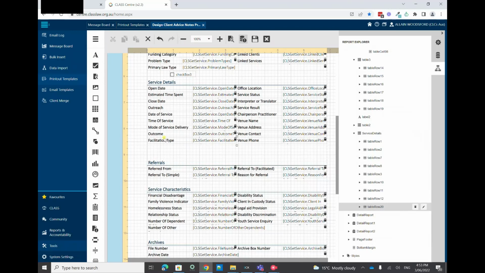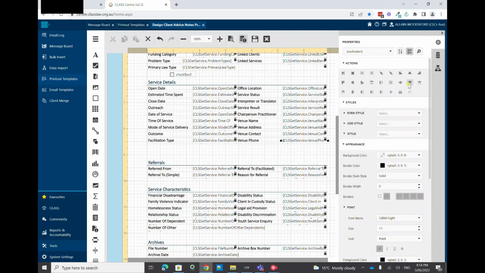Okay, but let's say I wanted to keep the facilitation type, but I didn't much care for the venue phone or this part here. So what I can do is left click on the venue phone, hold the left control key on my keyboard and left click on this one as well. You'll notice that they're both selected here. I could press the bin icon for both of those because they are just the last two table cells. Or I could jump into the properties